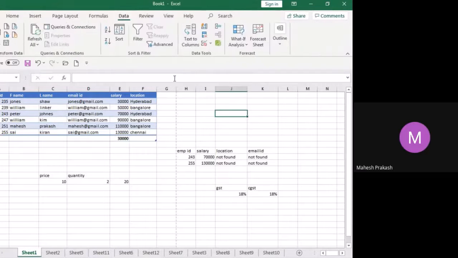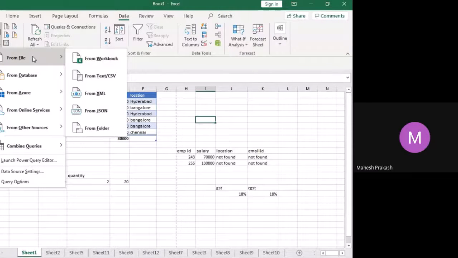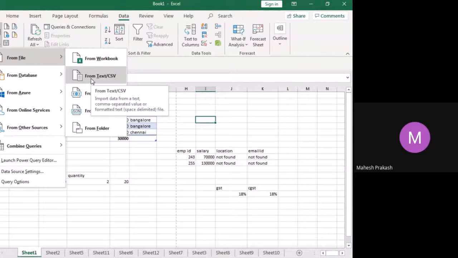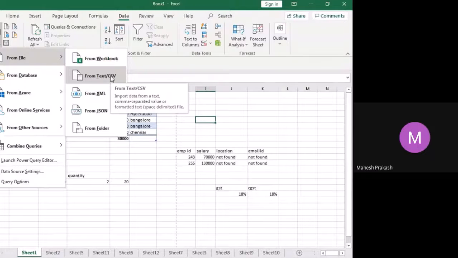Next is data. This data is nothing but getting data from a file. If there is something in text, you can get that text into our values.